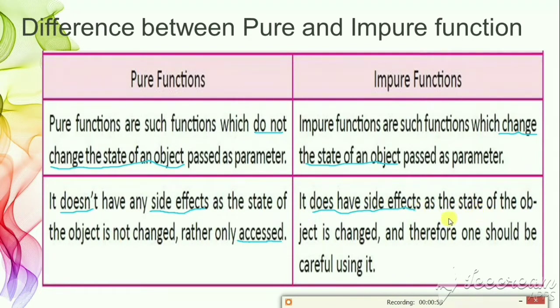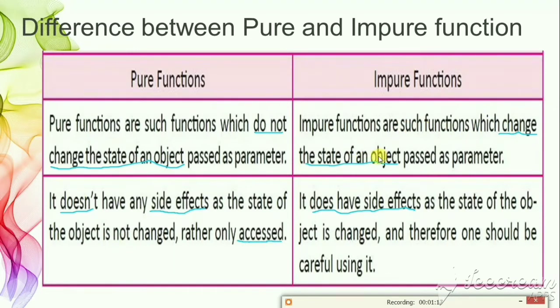As the state of the object is changed, one should be careful using it. Another name for an impure function is a mutator or modifier function. So the first difference is that a pure function does not change the state of an object, but here it will change the